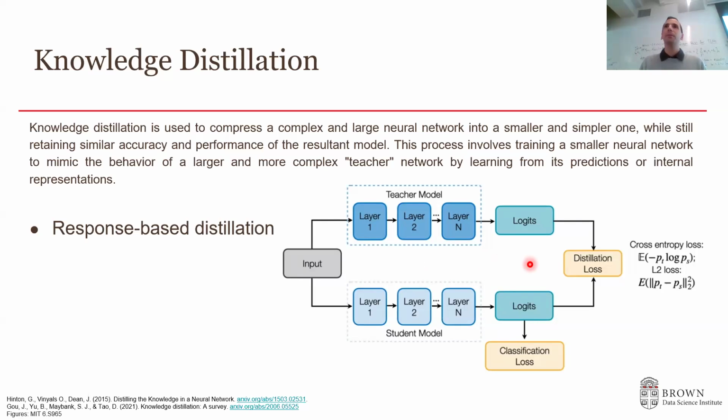Right. So, to be specific, is the presumption here that the teacher model is, say, OpenAI, which had access to the full internet, and your application loss is on a data set of just some specific corpus? Yeah, exactly. The data is not the same? No, the data is not the same. We assume that this model saw everything, and it's always correct, which of course is not true. It may be wrong, but this is the assumption. And our model sees our data and is more prone to errors. This is the general assumption here. So it's kind of like an indirect fine-tuning. Yeah, you can call it that. Exactly.